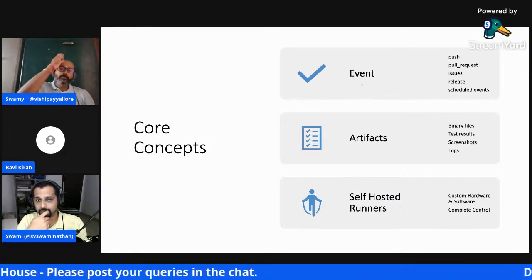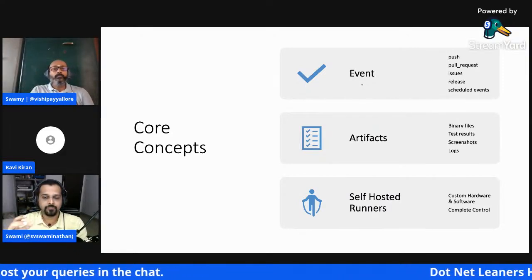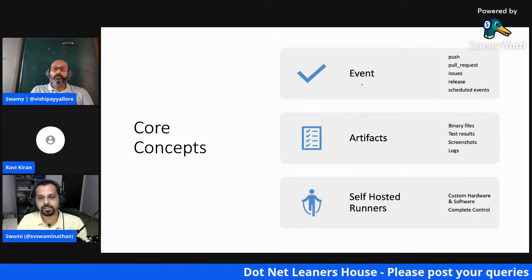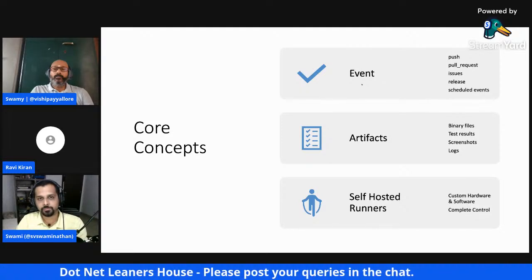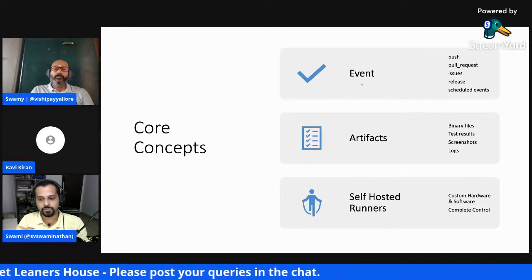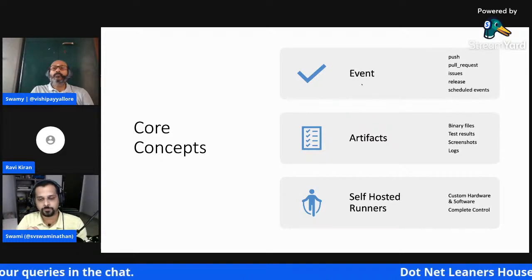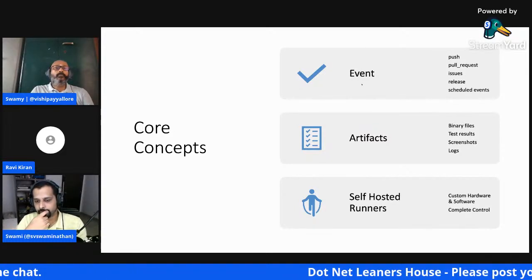Or if you're running a Selenium kind of automation test, you can also take screenshots of your failures, etc. That becomes another kind of artifact. And also all of these build logs become another artifact. So the artifacts, when we talk about them, correspond to the specific action it is doing. That's where the artifacts come into the picture.